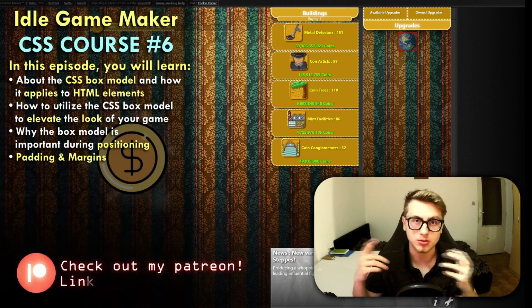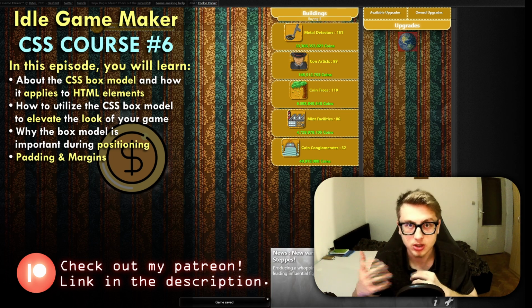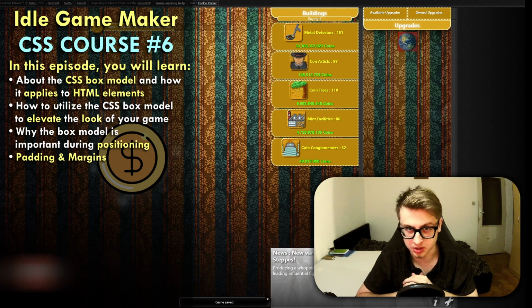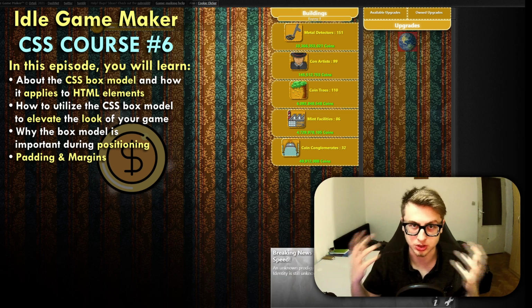Today we are going to talk about the CSS Box Model, which helps explain how HTML elements are laid out in our website, or in our case, our Idle Game Maker game. Without properly understanding the box model, you will often be confused when trying to position elements, so make sure to